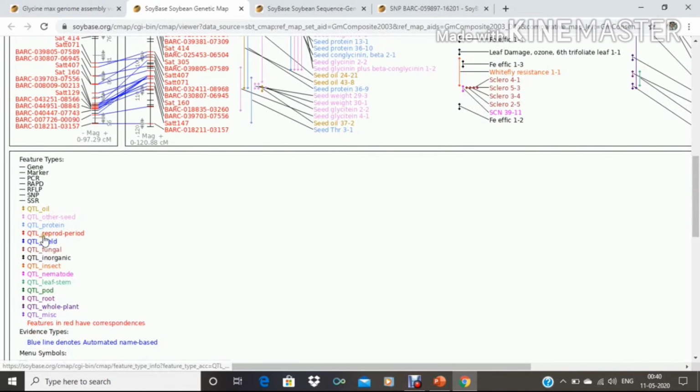We can easily see this color is for oil, this QTL in purple color denotes other seed, then this sky blue color is for protein, red is for reproductive period, then this blue QTL is for yield. Likewise we can distinguish easily.